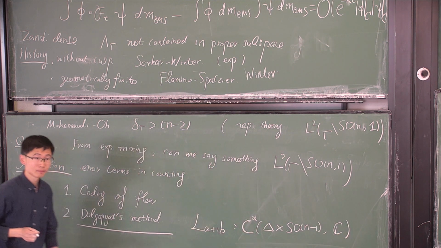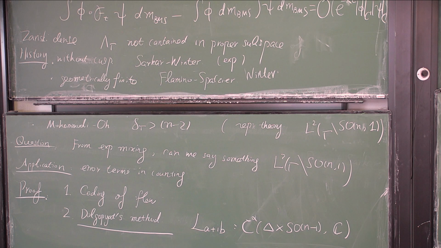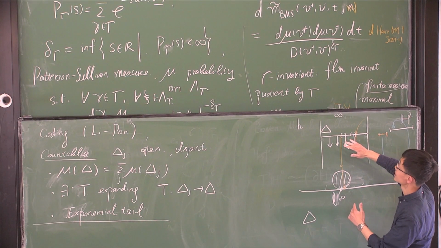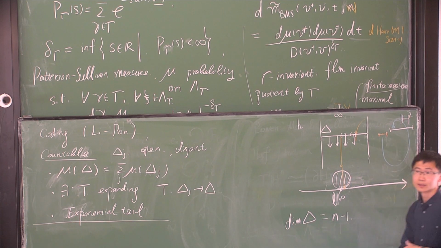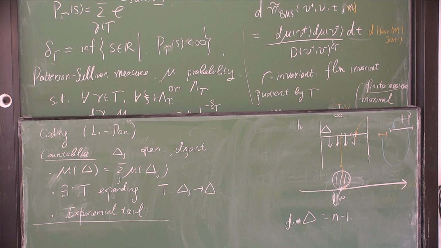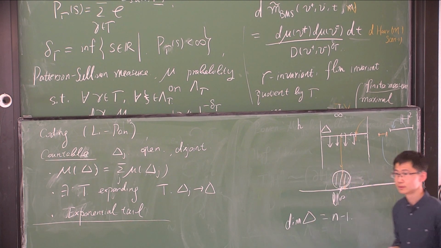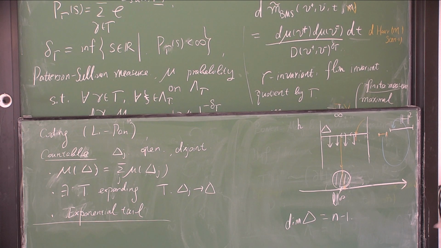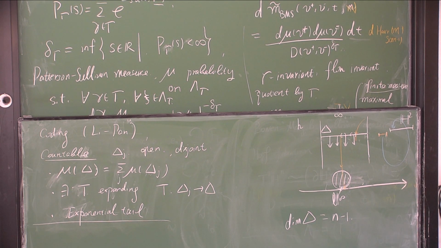Excuse me, is delta two-dimensional or one-dimensional? Delta is this piece, so it's dimension n-1. Yeah, it's a high dimensional thing. It's just a picture. So you're talking about some sort of transversal to the geodesic flow and return to it. Yes. So it's a really high dimensional thing. But for higher dimension, it's more complicated, but you still can do things similarly. Don't you have points and also have direction? Yeah. So,